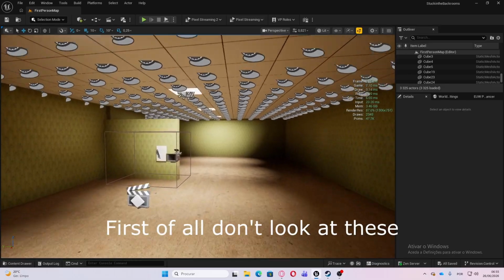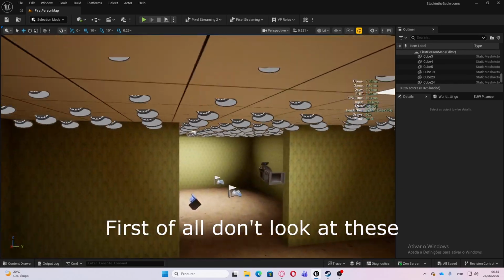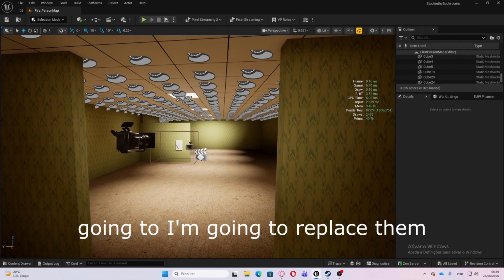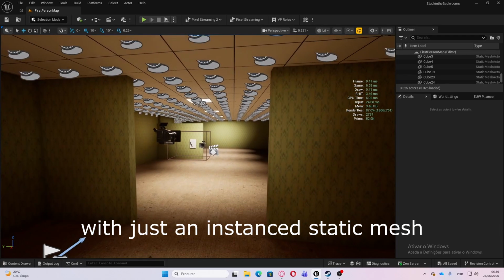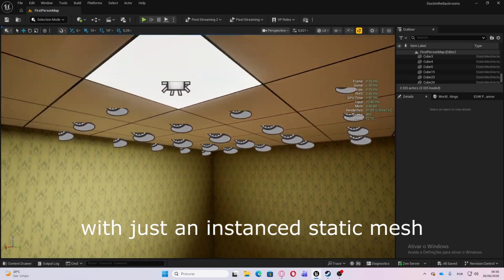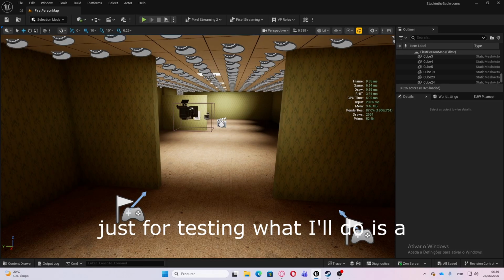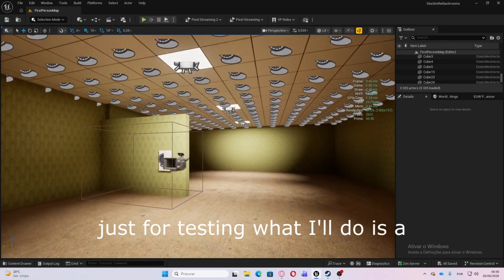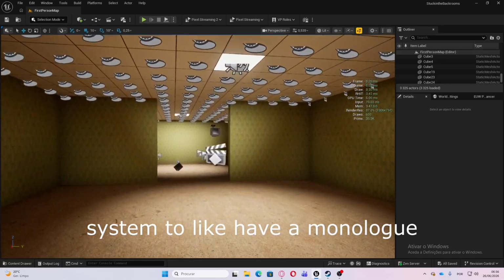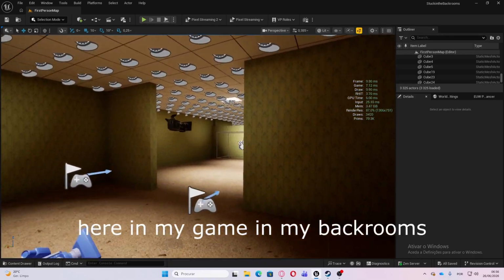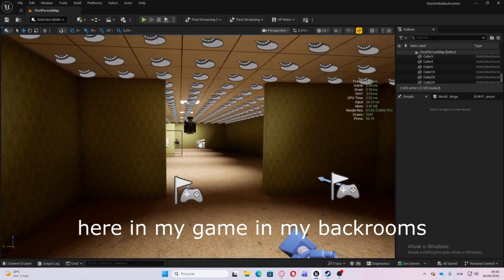First of all, don't look at all of these static meshes, because I'm going to replace them with just an instance static mesh. This was just for testing. What I'll do is build a system to have a monologue here in my Backrooms game,